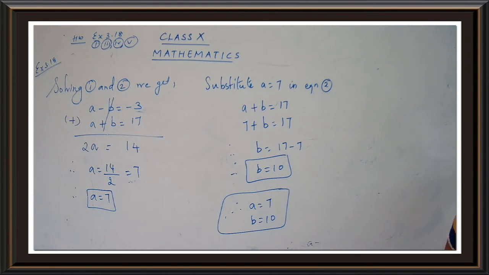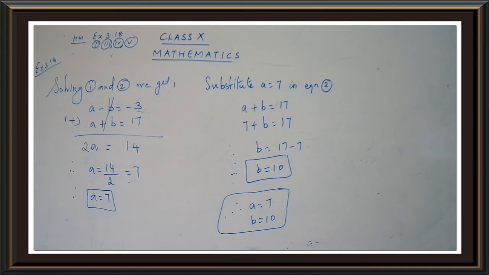Okay, children, so A is equal to 7 and B is equal to 10. So we have found the unknown values, the value for A and B. That's why I told you that when we write the points, remember, it will be useful for us. We have used the rule and found the answer. Are you clear with this?